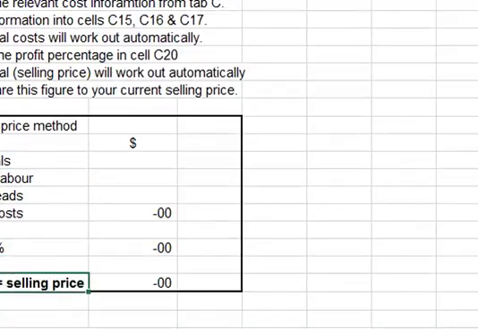Now, what you want to do with this information, if you go and work it out, is what I suggest you do is you go and work it out and compare it to your current selling prices. With this you're going to be working out a new selling price, a different selling price. Compare it to your current selling prices. There may well be a gap. What I see when I do this exercise over and over again with clients is that the figure we come up with here is higher than the client is currently charging,